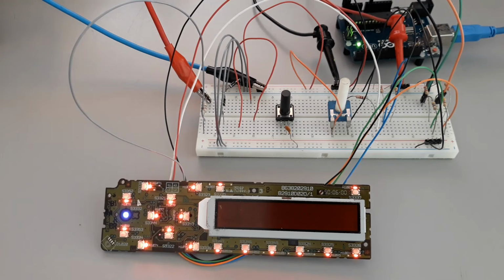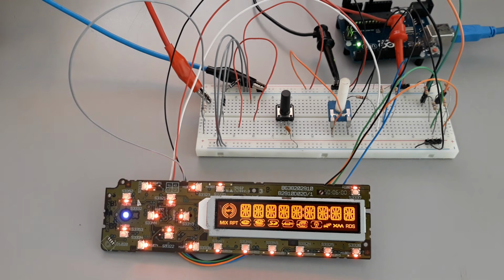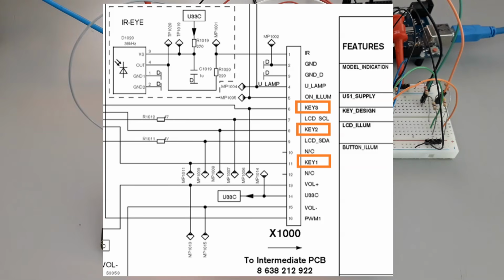Inside the code, you will find a wheel animation, as well as 3 text messages that can be displayed on the panel. The byte map for the display segments is included inside the message structure. Because of this, we can easily change the state of each segment by switching the values between 0 and 1. By modifying these values, we can create new characters, and from those characters we can build completely new messages for the display. The panel also includes 3 lines of keys, called Key 1, Key 2, and Key 3.